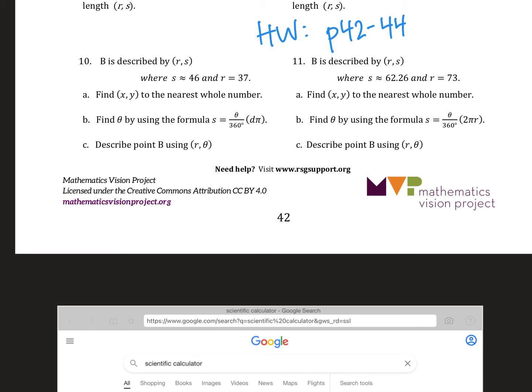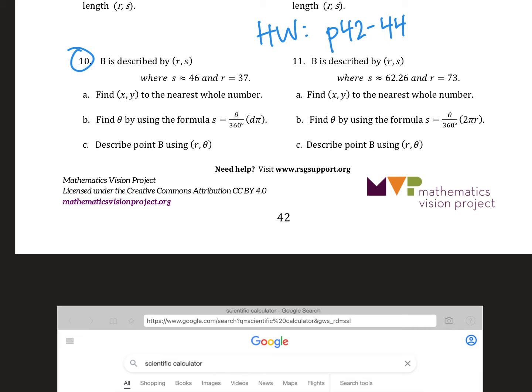Hey Math 3 students, your homework is to complete all of the problems on pages 42 through 44, and I want to walk you through a couple of things to help you get going. Most of the problems on page 42 are pretty similar to what you worked with yesterday, but by the time you hit numbers 10 and 11, there are a couple of changes that I do want you to watch out for. So here on number 10, that's the problem we're going to go through together,